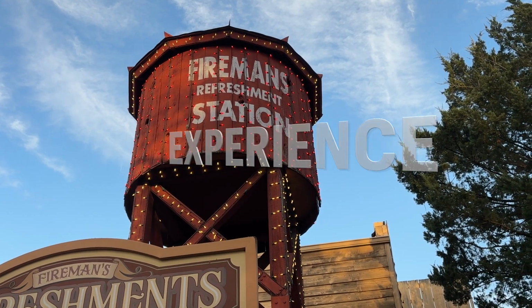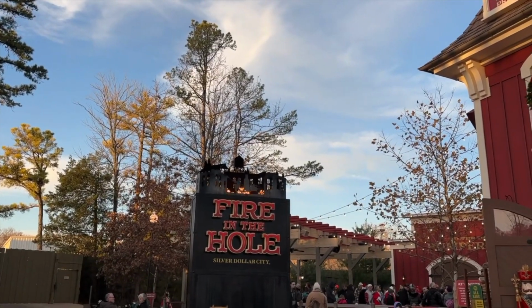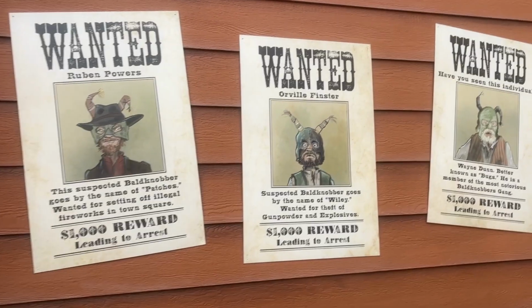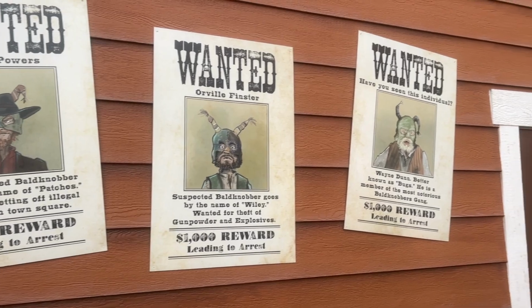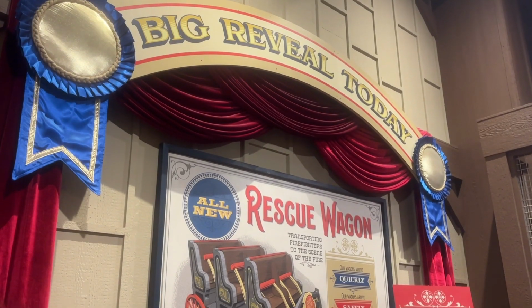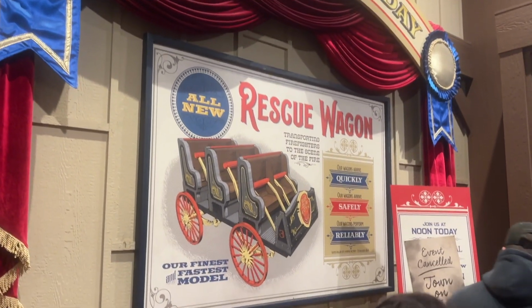First, we have to talk about the new building and the new queue line. The theming is fantastic in this area. From the new ride sign to the little touches in the queue line, it really gives an added charm to the ride. Then we have the biggest change to the ride, and that is the RMC trains and the RMC